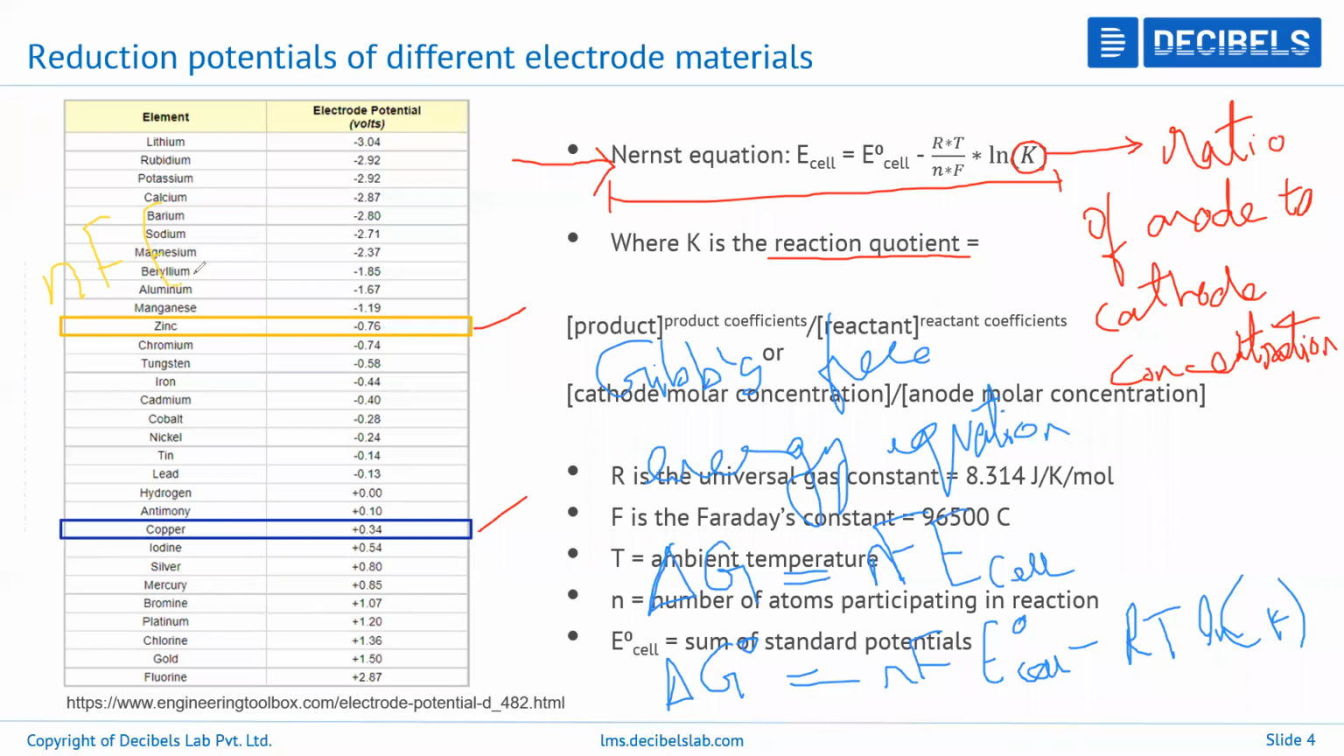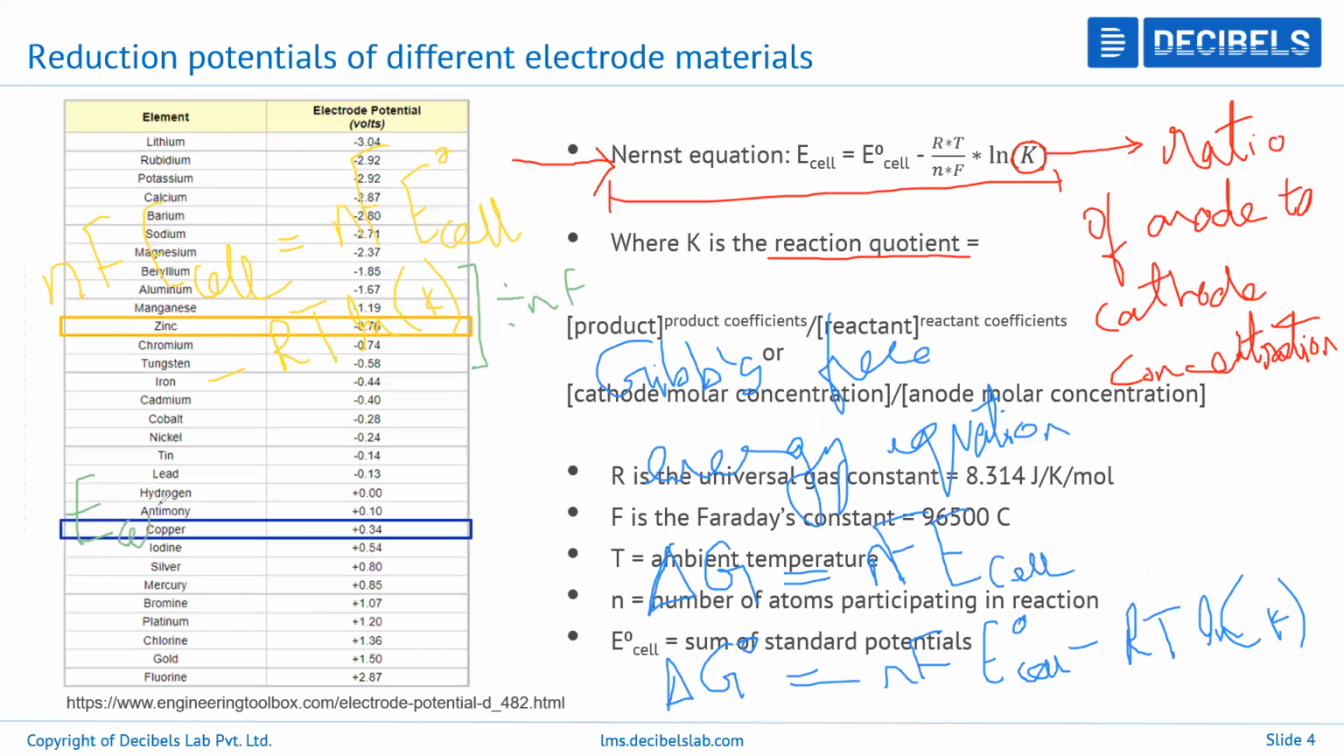So NF of E cell is equal to NF of E naught of cell minus RT ln of K. Okay, so if you were to equate delta G and delta G naught, then you get NF E cell is equal to NF of E naught of cell minus RT ln of K. Dividing the entire equation by NF, you can simplify this. So your final equation would then look like